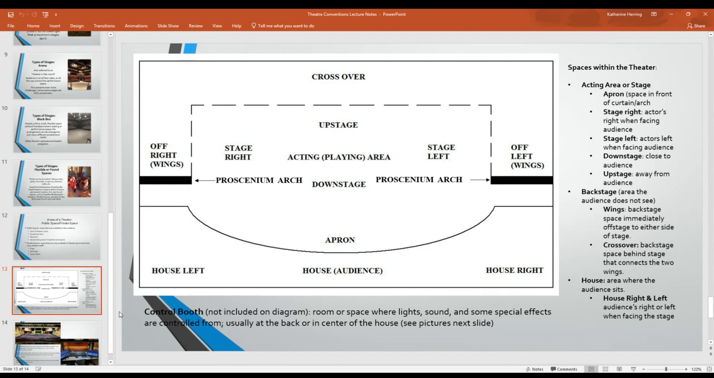Okay, this is actually correct because we determined those stage directions: right, left, up, and down. And we'll talk about upstage and downstage in just a moment. But left and right are determined by the actor's perspective when they're facing the audience. Okay, so if you can imagine on this diagram a person standing on stage facing the audience, where it says